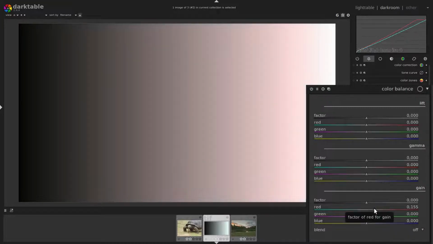We can take the red up and down, and also the greens and the blues. And as you can see, if we let's say we want to make the image blue in the whites, and we increase the blues, but then we get clipping up here in the blue channel and the whites stay white,